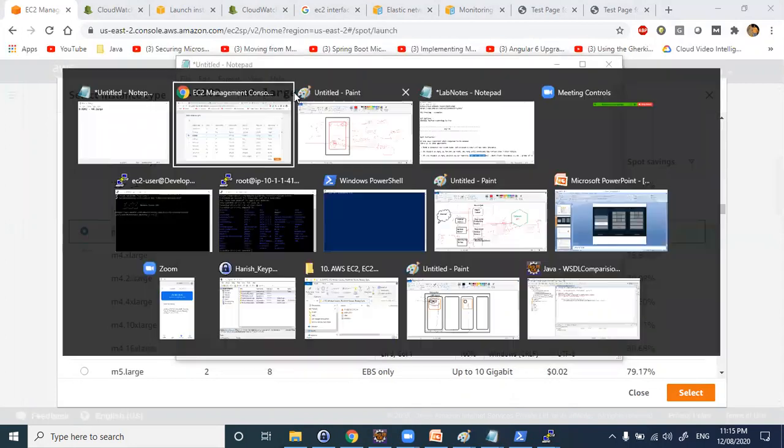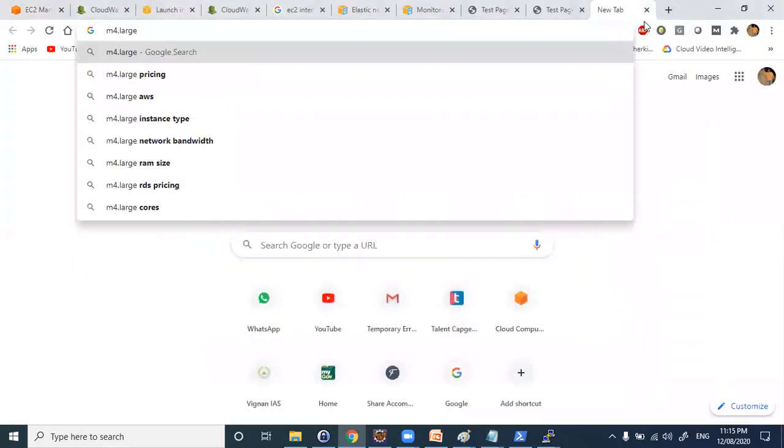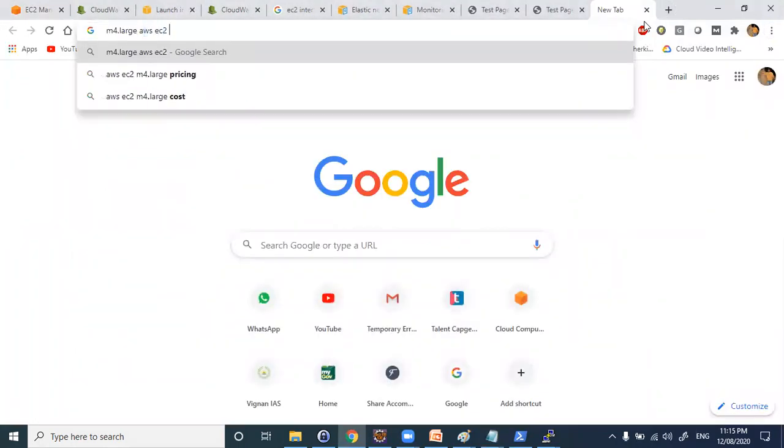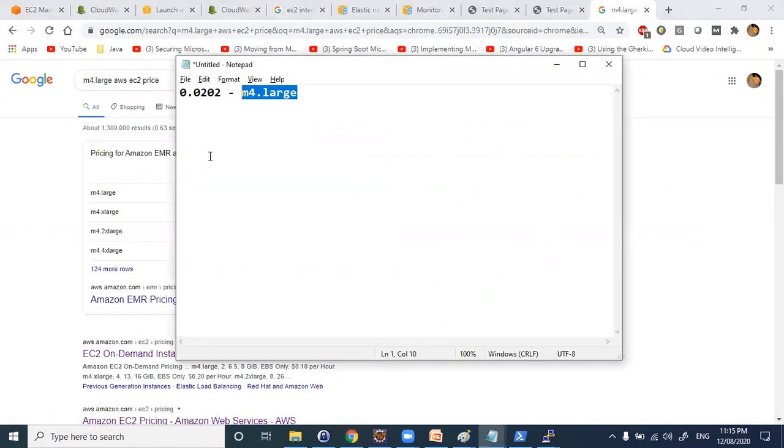If you go for the actual AWS EC2 price for M4.large, it is $0.10 per hour. If you see here, around 80% of the cost is reduced. So it is $0.1 per hour. If you're using it for 1 month, calculate this into 24 into 30.